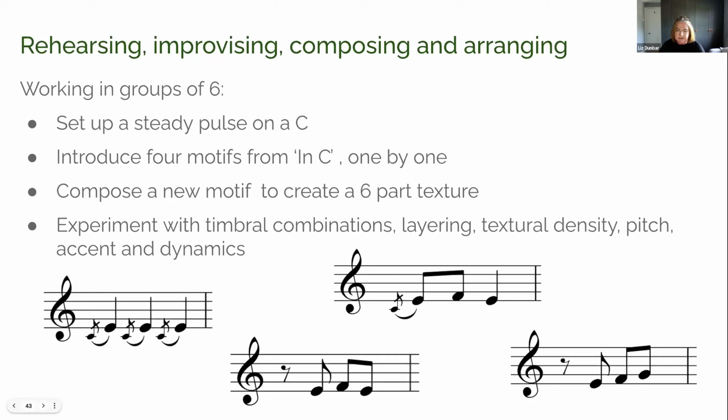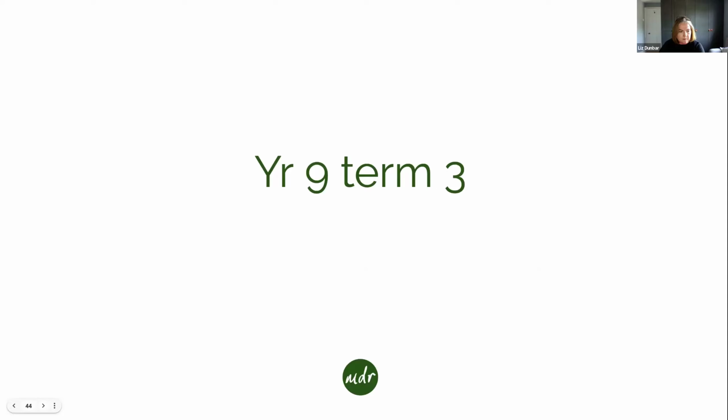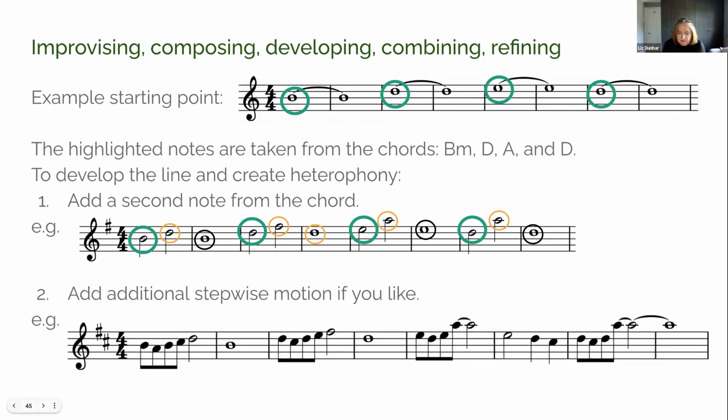But what happens if, let's say, music technology is your instrument? And what happens if you're a single line player? That vertical thinking doesn't always happen at Key Stage 3. So this allows students to work on layering, and the idea of placing things in octaves, placing things 2 octaves apart, and starting to think with depth at that point, like with year 9 term 2. And by the time you get through to term 3, we're thinking about counter melody